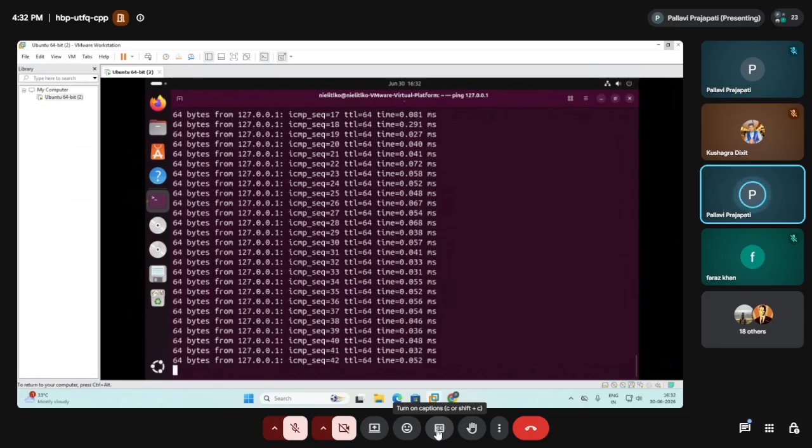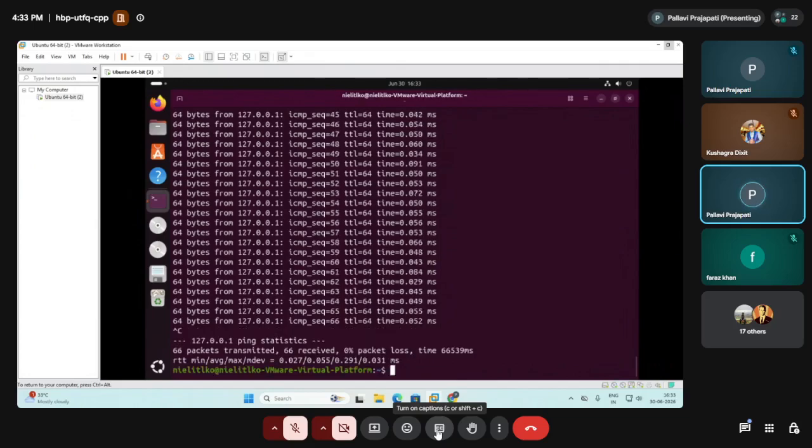It will detect the destination and route the packets through your lo interface, which we saw in the beginning, and it will also generate the ICMP echo reply, as we are seeing here. So this is basically the loopback testing IP, a special type of IP address. Just remember the name.